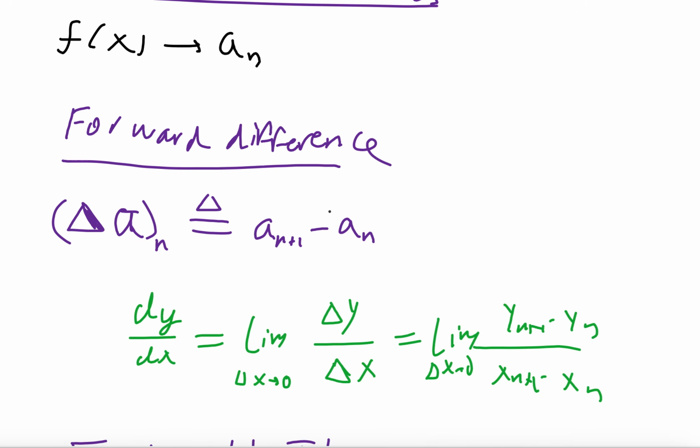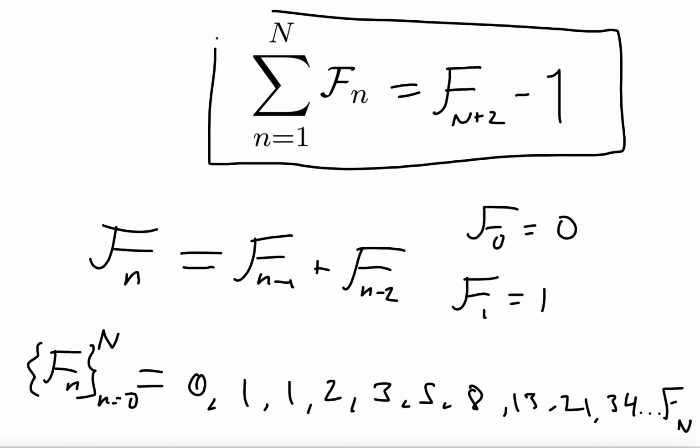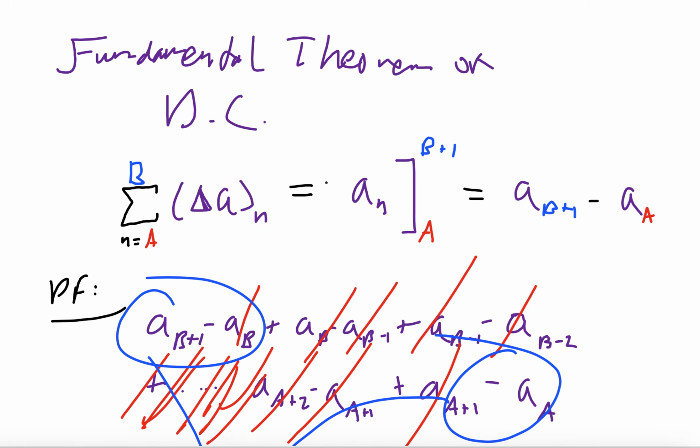So let's go back all the way to the top and put down the answer. So this is equal to f at n plus 2 minus 1. And that's an amazing result. And it's such a clean, beautiful result. There's no crazy formulas. You just have to go a couple more terms forward in the sequence. So that's really awesome. And so what we're going to do is we're going to actually check if this answer